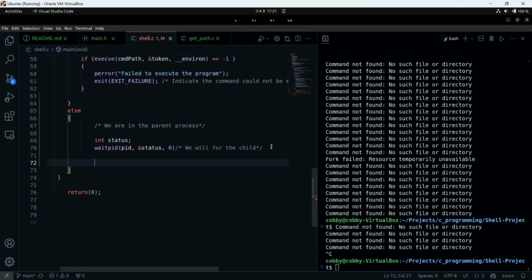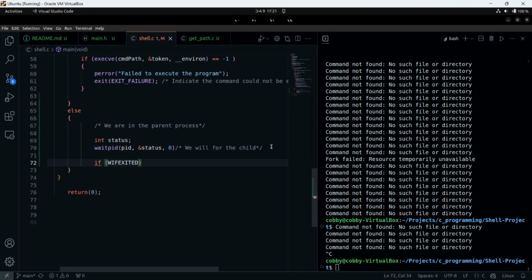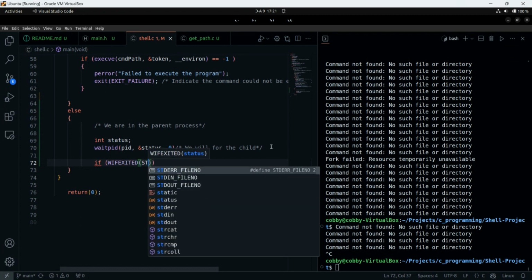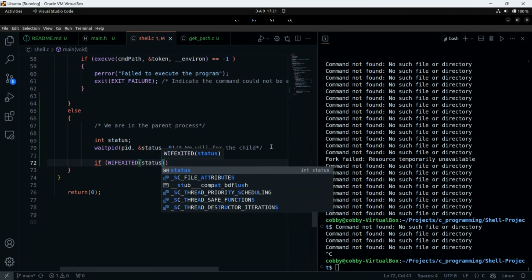So we can write a statement like, if I think in our resources we have something like this. So with exited, right? Basically, what we are trying to do is add the exit status of it. So let's pass the status to it, right? In small letters. So we want to pass the status to it.